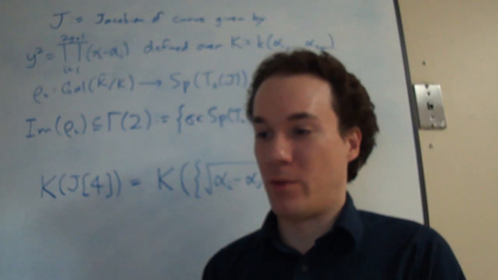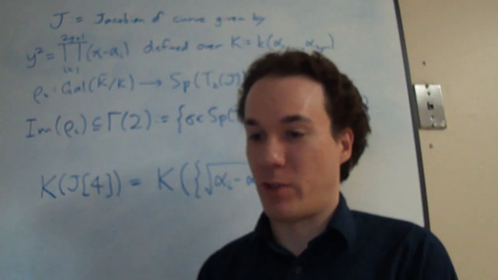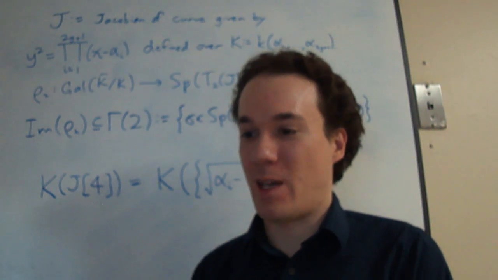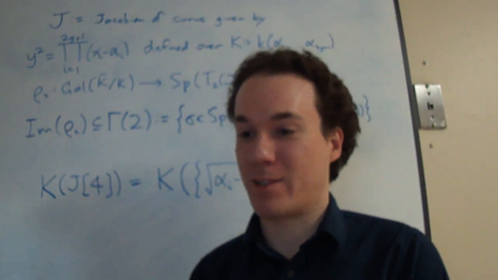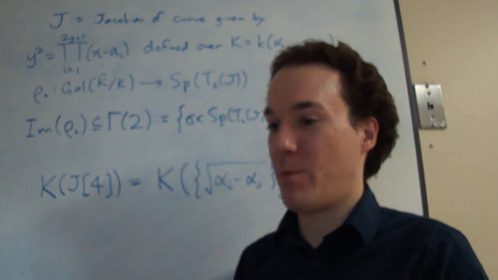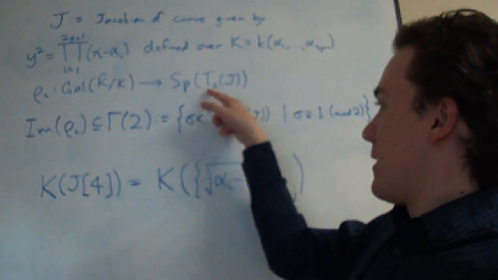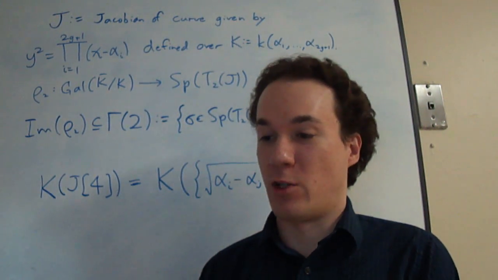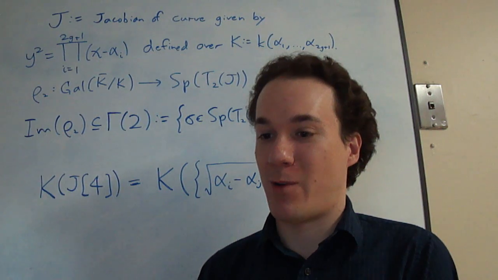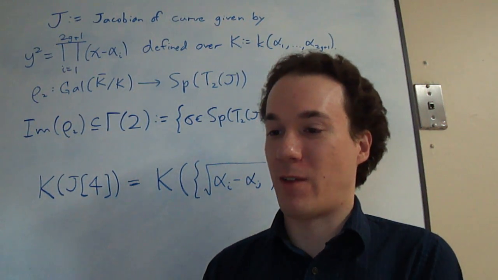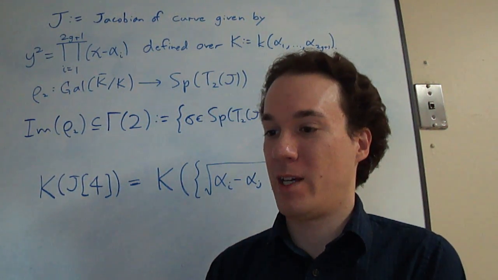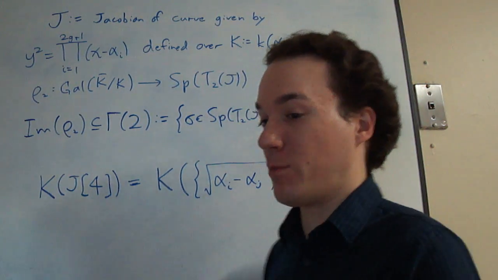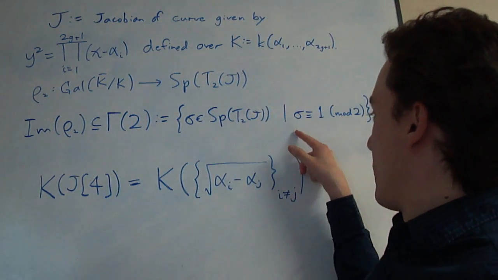We first assume that the ground field k is the field of complex numbers. In that case, the image of the Galois action is contained in the symplectic group, corresponding to the Weil pairing on the two-adic Tate module T sub 2 of J. Since the two-torsion points of J are defined over capital K, the image of the Galois action is actually contained in the level 2 principal congruence subgroup gamma of 2, consisting of the symplectic automorphisms equivalent to the identity